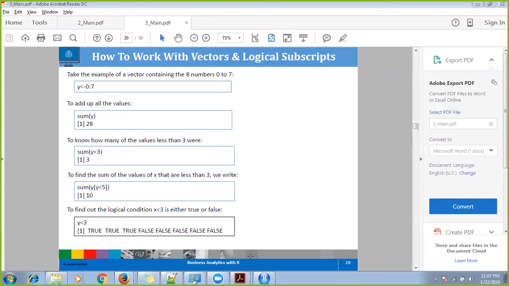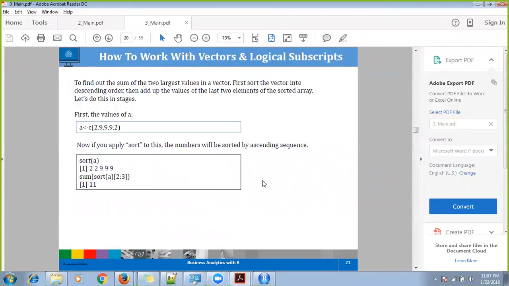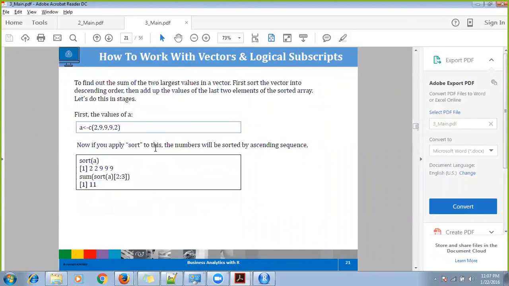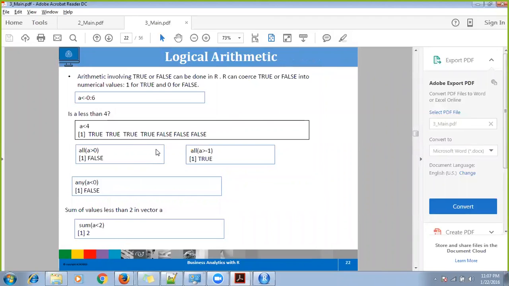Okay, but do one thing. Now I need to tell you this. Try to cover as much as possible. This is all easy. I have already told you lots of stuff which you can use. See, after this, this 0 to 7, sum of y, it will just do a summation, sum of y less than 3. Just try practicing all these things. It's very easy, but practice as much as you can and come to the class. If not, I'll still start from here, from page number 20 or 21. I'll try to cover this in 1 hour, and we'll proceed to the next session.